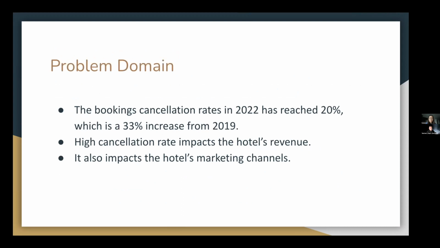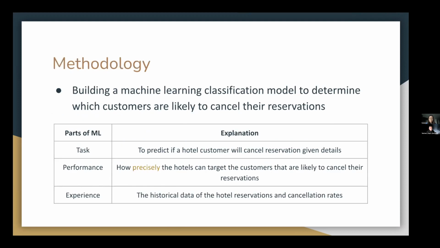And then on to the problem domain. Since the pandemic, the booking cancellation rate has increased drastically. It increased from 20% in 2019 to 33% in 2022. And this high cancellation rate impacts the hotel revenues and also the opportunity of the hotel to participate in the marketing channels. So to tackle this problem, we built a machine learning classification model to determine which customers are likely